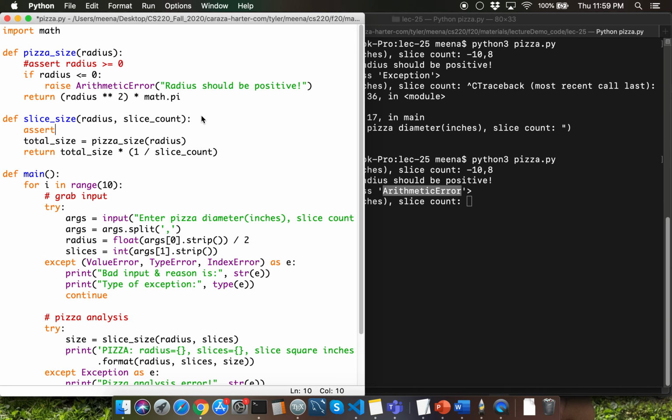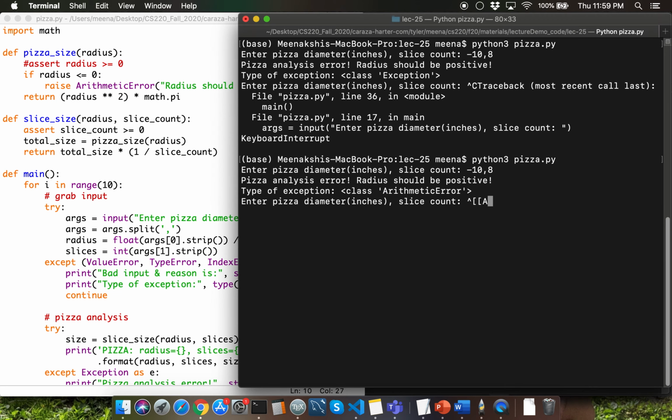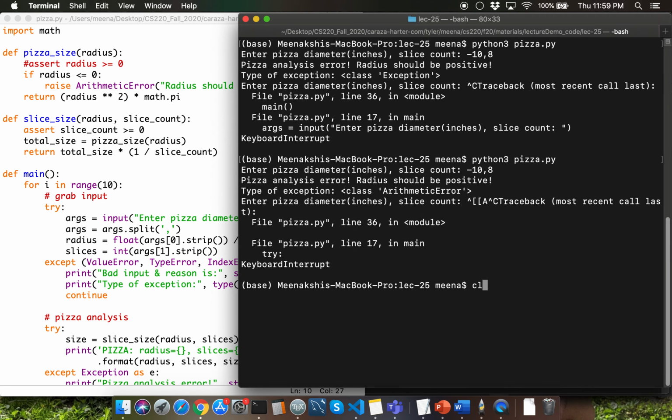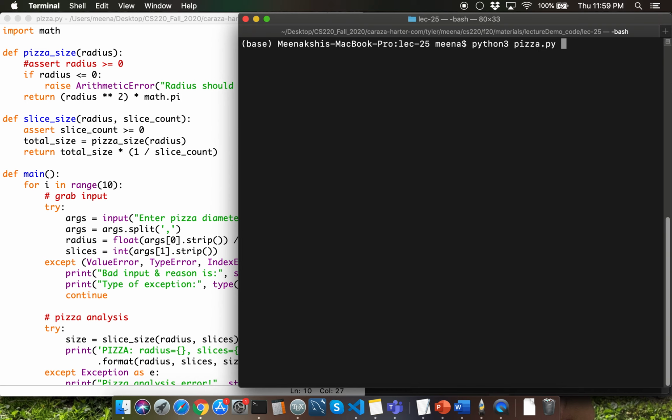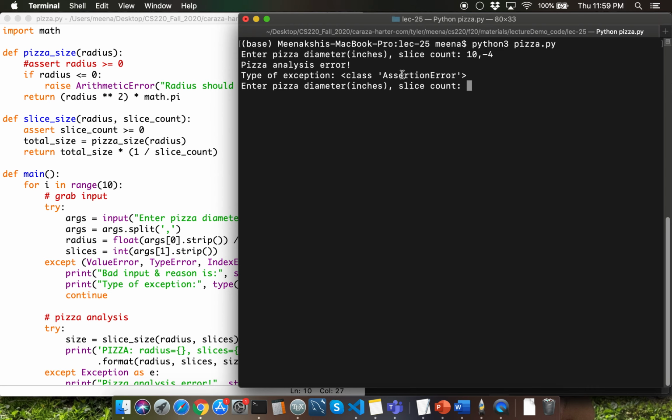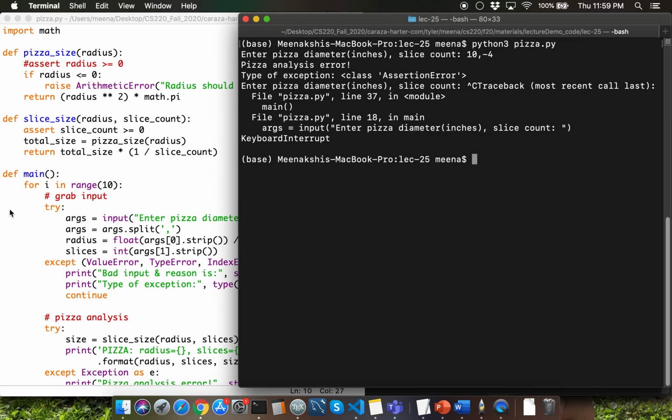So let me try to first add the assert here. I'm going to say slice count should be greater than or equal to 0. We don't want negative values for slices. So let me kill the program one more time, and let's try negative value for slice instead. So if I say minus 4, that's simply going to cause an assertion error, right?